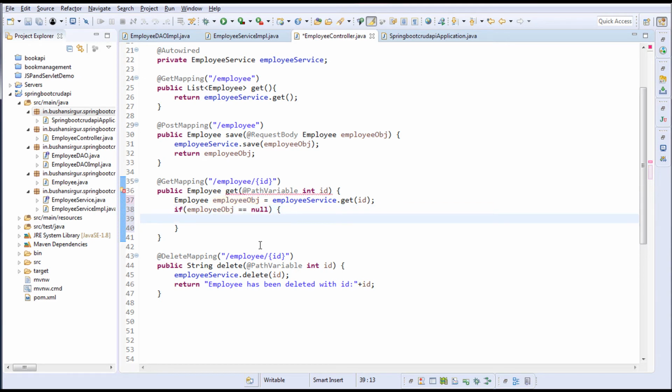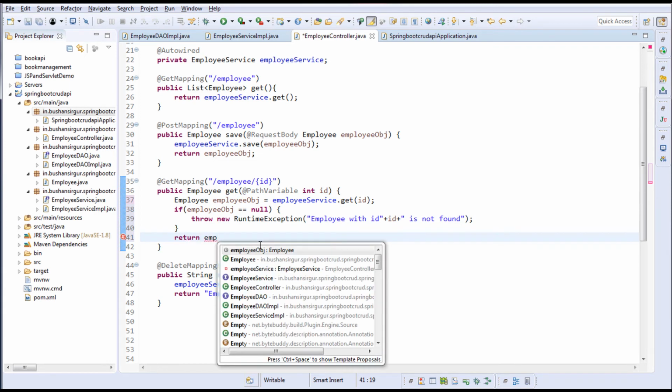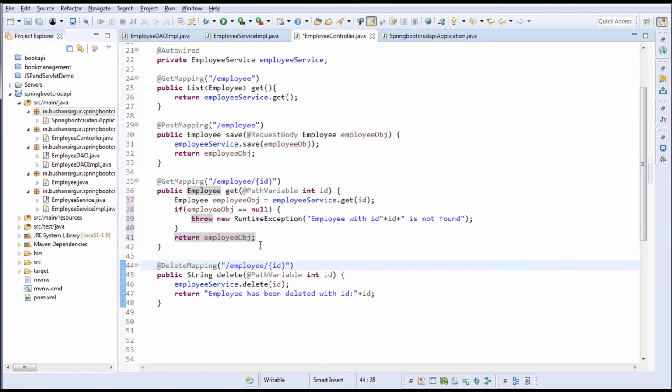If it is null, then I'm going to throw a RuntimeException, and I'm going to pass a message saying that employee with id is not found. Otherwise, we are going to return the employee object. Alright, let's save this,